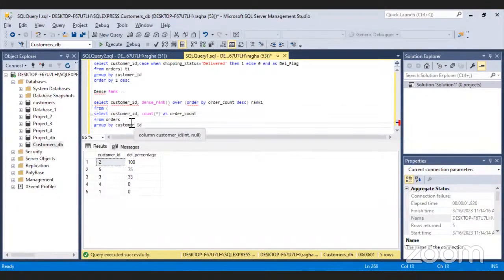So here first we are extracting the count of the orders that the customer made, and then we are ranking it.